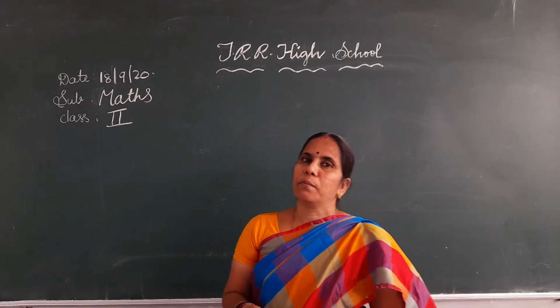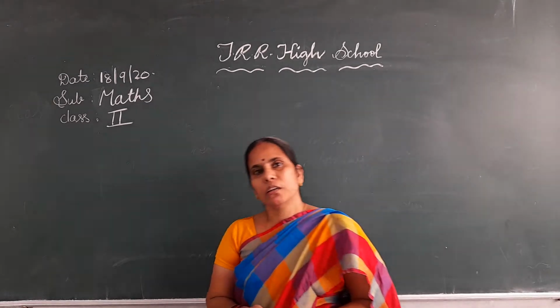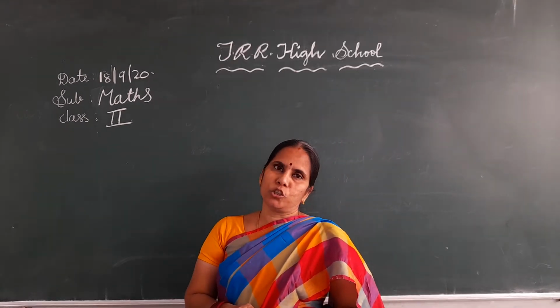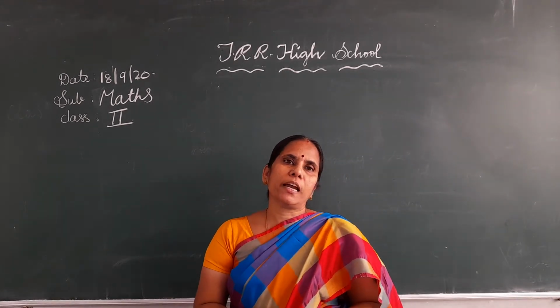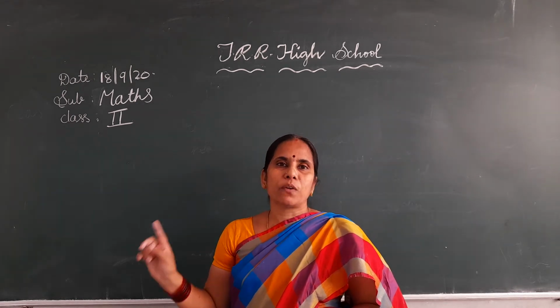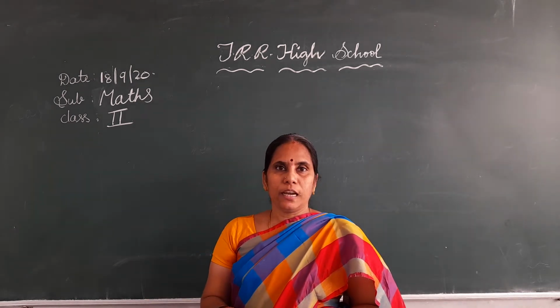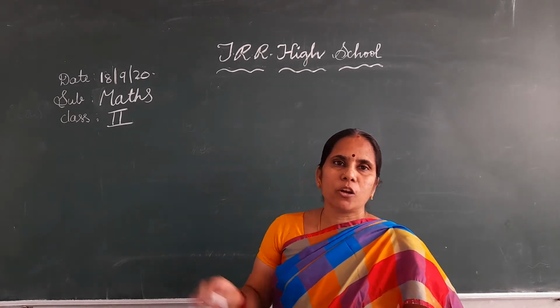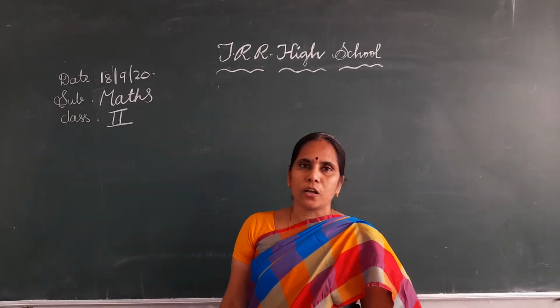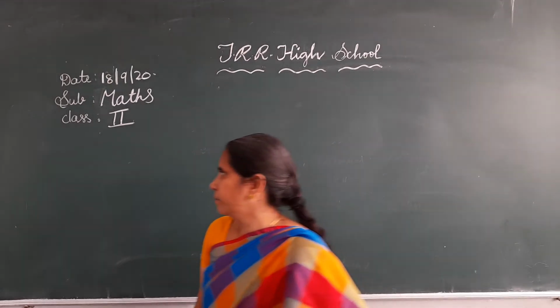Here I will give you a number. Take one book. Every day you are writing in one book, no? Take that book. Take a pencil also. I will give you the number and I will circle one digit. You write the place value of that. And check your answer. I also will write the answer here. You check whether you wrote correct or wrong. Okay?